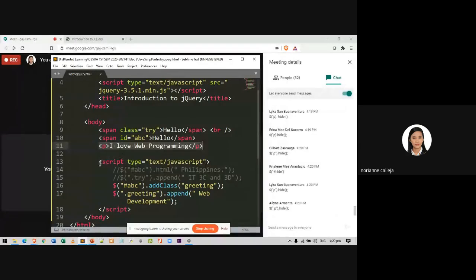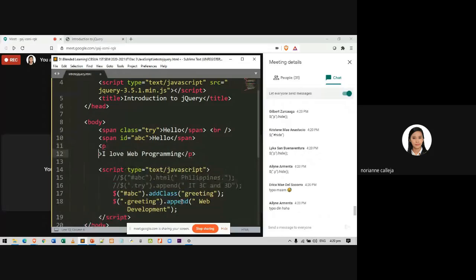Just for correction, I just used an element. So you are just going to use an element selector. And for an element selector, you don't use dot or pound. You just select it by its name.